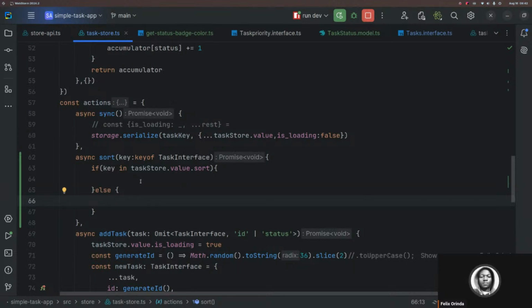For computed, I think it will work best, because if you're sorting, that means when you're doing an entry, we'll also have to sort. So if key in this, what we'll do,